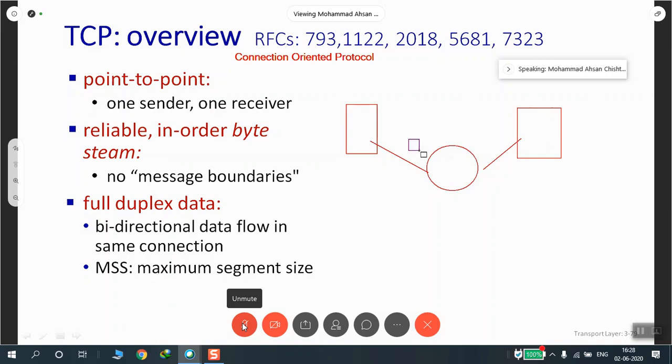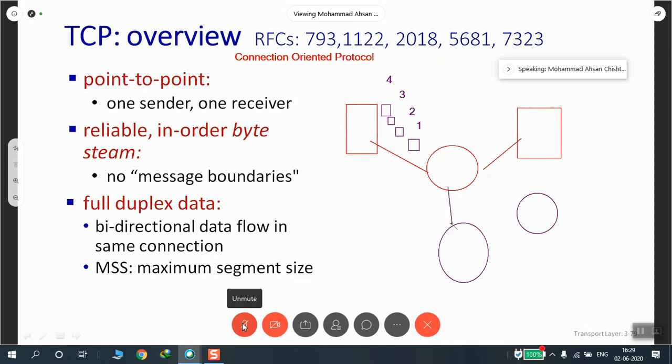So if this is my first packet, second packet, third packet, fourth packet, so this is 1, 2, 3, 4. This is how packets are generated, and this is how a receiver can receive. Now, since on the internet we have a lot of routers in between.